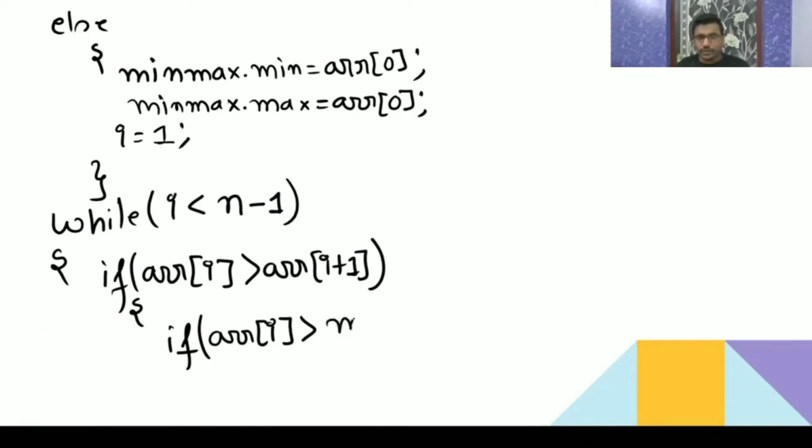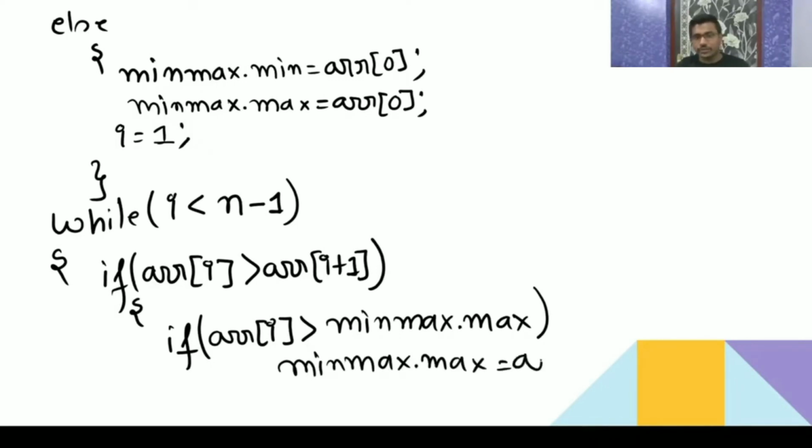So it is going to your max. Okay. If this is the case, if this element is greater, then max is going to your array of I. Okay. So if this is greater, then again we have checked whether that element is greater than max. Then it means now it is small. Now with this small, I will check whether it is small with minimum. Please let me know whether it is clear or not.